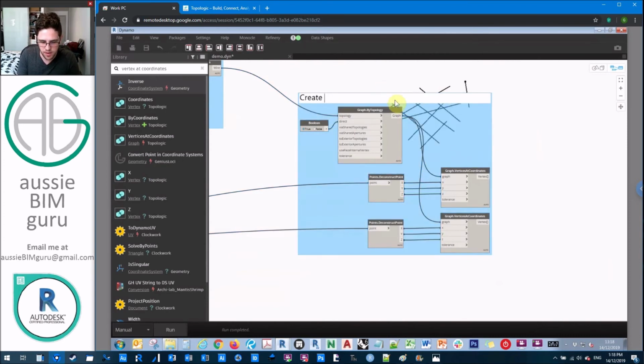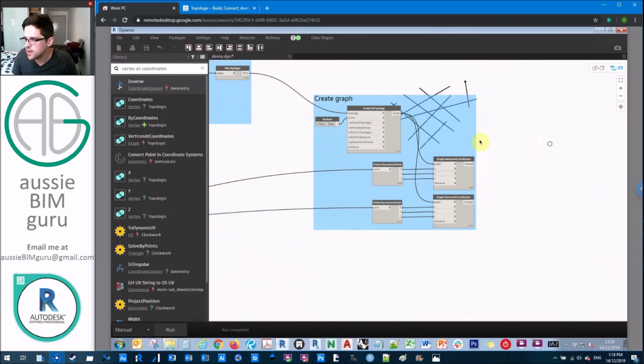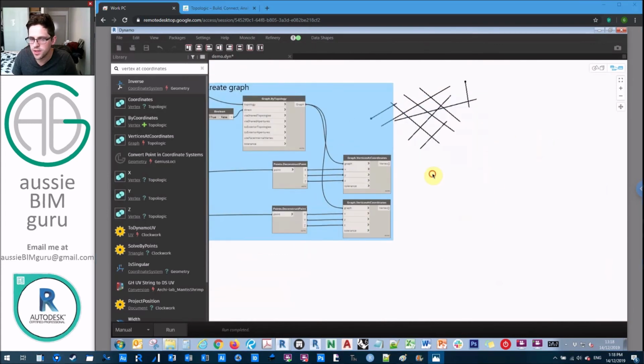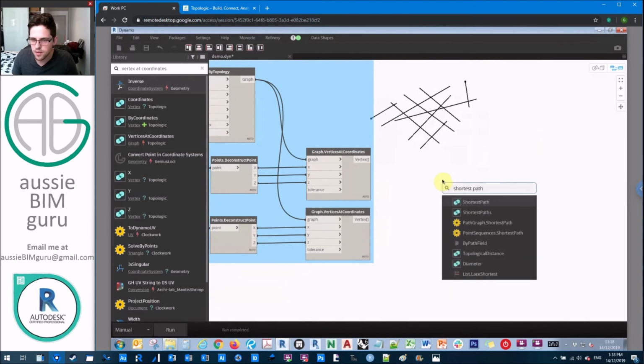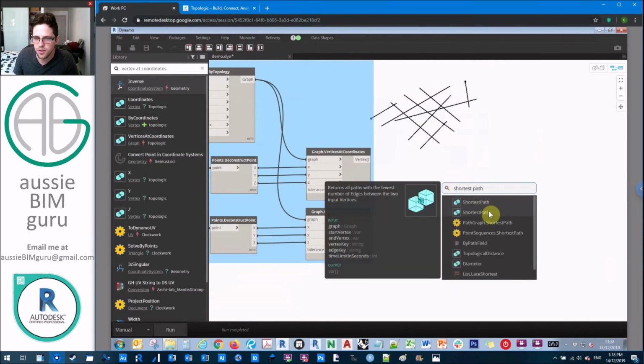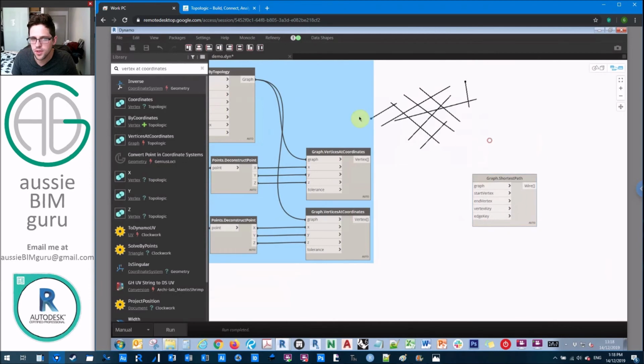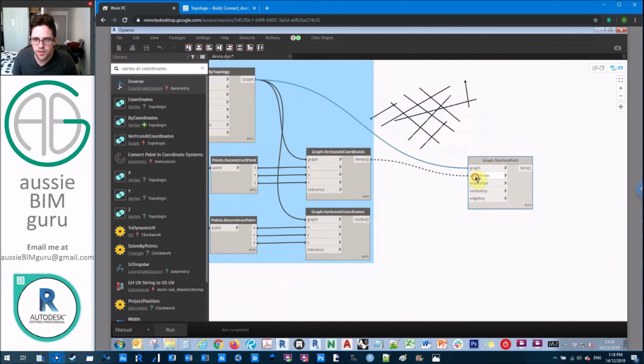I'll just call that create graph. And the last thing we need to do now before we assess our shortest distance is go shortest path. And we're going to get shortest path. It's important to note you can do shortest paths as well. You don't just have to do one single study. Very important. So what you can do here is take your graph, take the start vertex, take the end vertex,